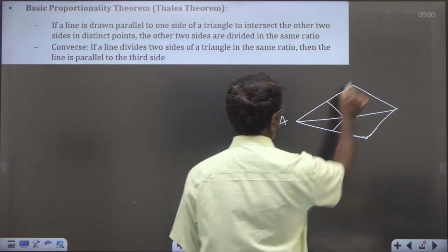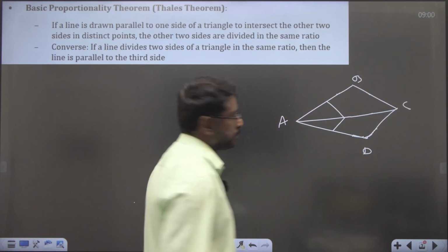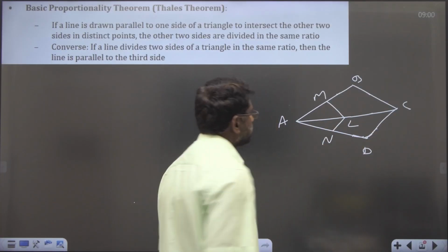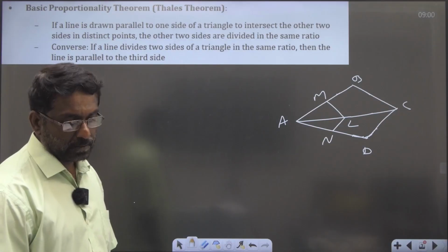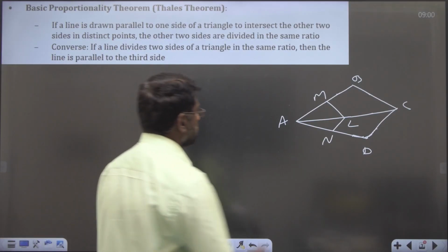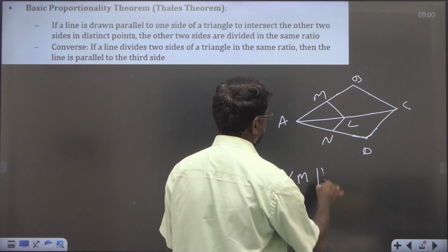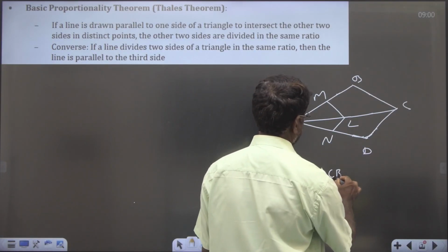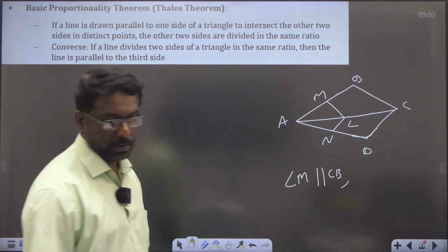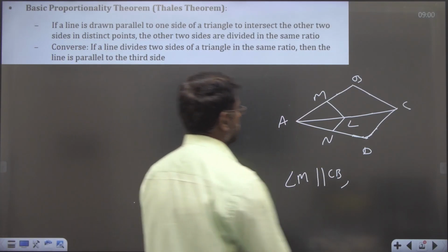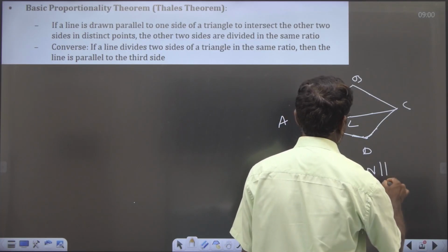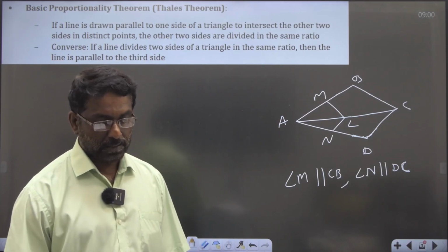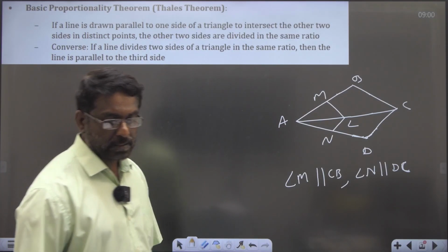ABCD, this is A, B, C, D, and this is M, N, L. In the figure, given that LM is parallel to CB, and LN is parallel to DC, then prove that